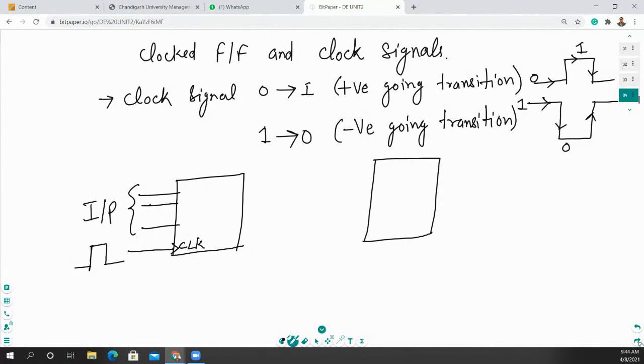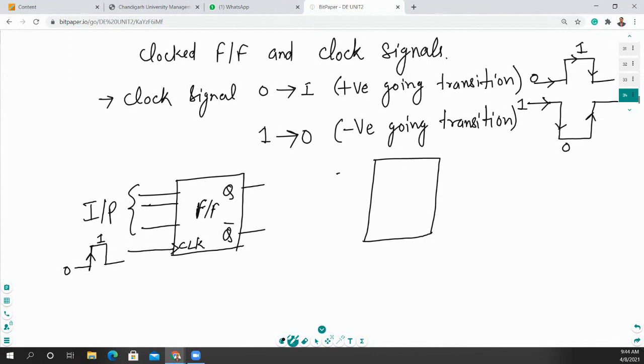So which type of signal is this one, quickly, 0 to 1? Which type of signal is it? Positive trigger. Yes, it is a positive trigger signal, or we can say positive going transition is there. So you will get the output across Q and Q bar. So this is your flip flop, and this flip flop will be connected with the inputs and your clock signal.